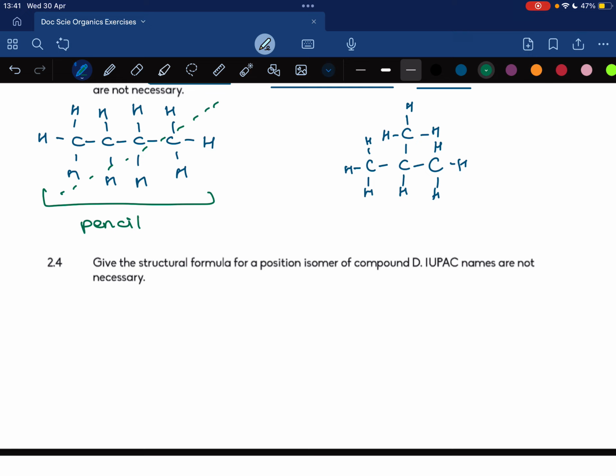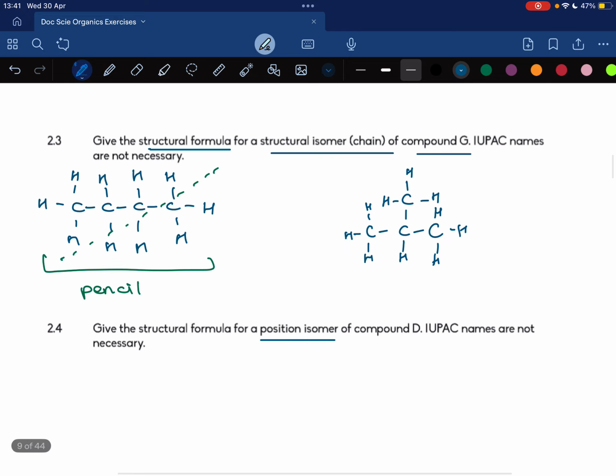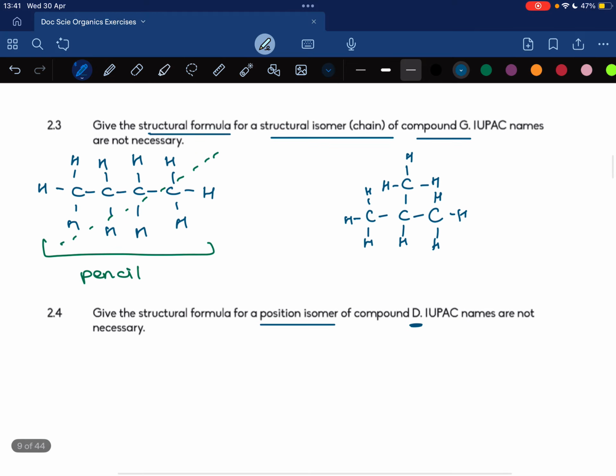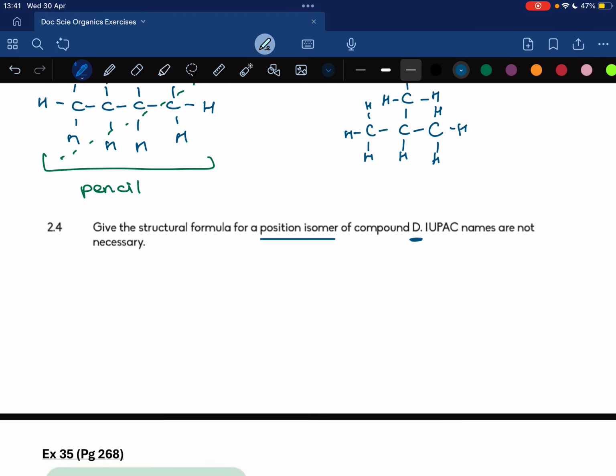Then 2.4, it says give the structural formula for a position isomer of compound D. The IUPAC name is not necessary. So D, I can see, is an alcohol. It's butane 1-ol. So it says a positional isomer. So if butane 1-ol is like that, then I can see that the positional isomer would then be